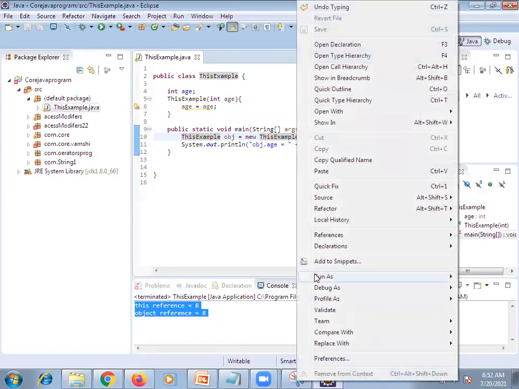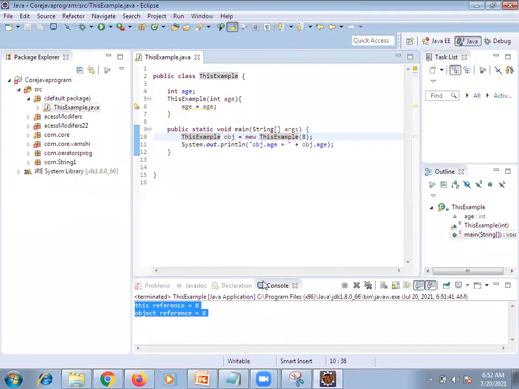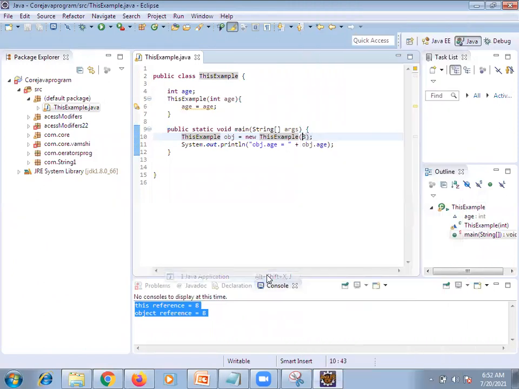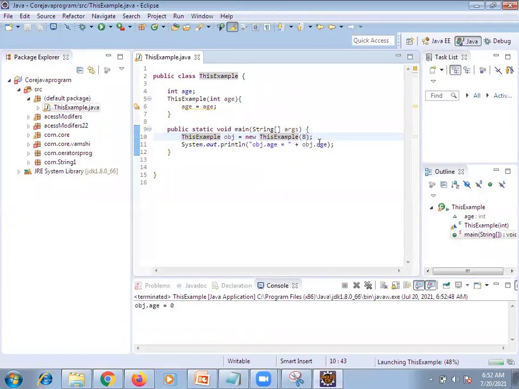What is the output for this? Right click, run as Java application. What you are passing is this start example with parameter int a equal to 8. But what is the output here?